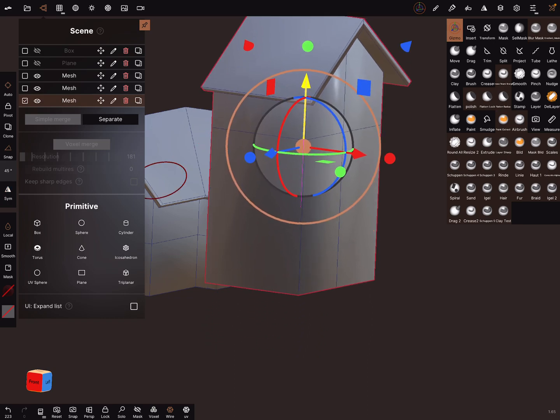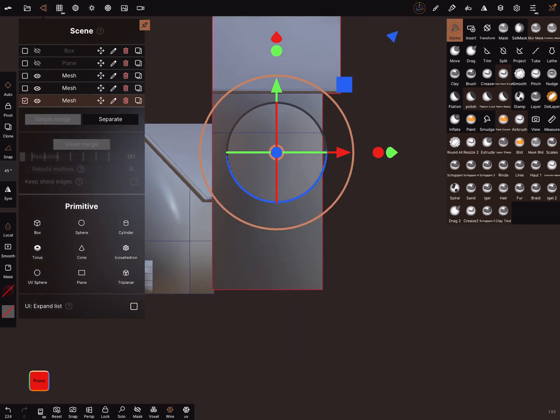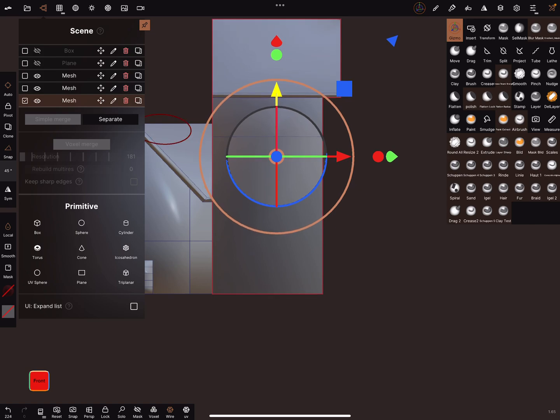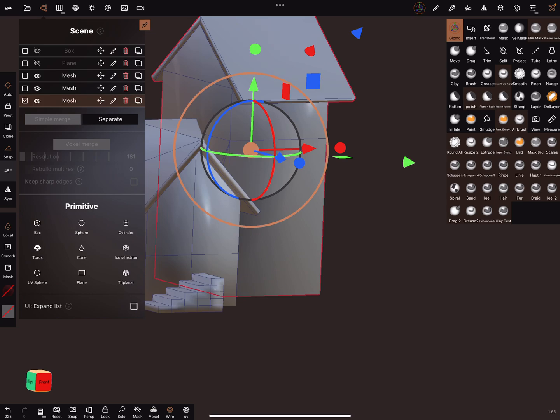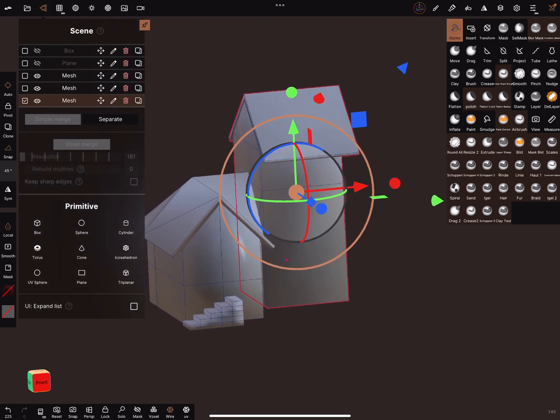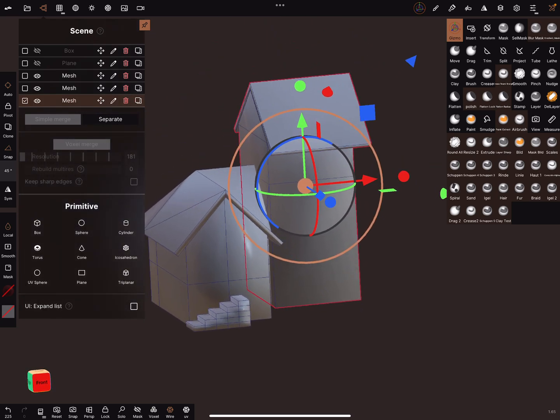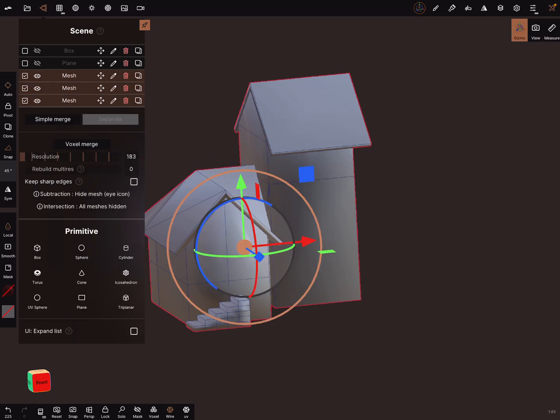Symmetry off. Bring it in position. And when you're fine, you can simple merge the objects.